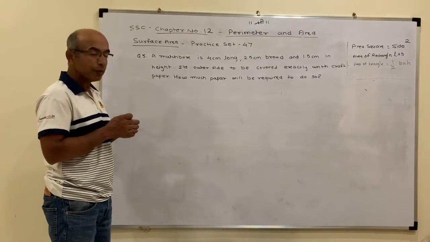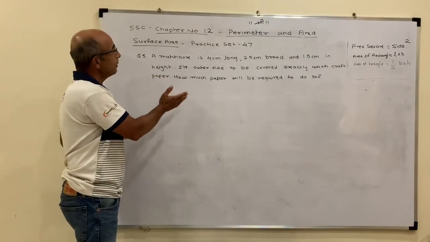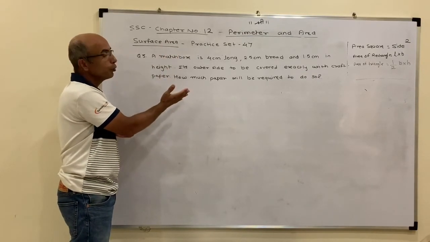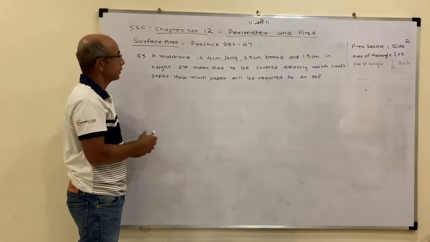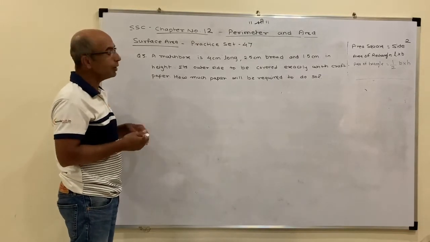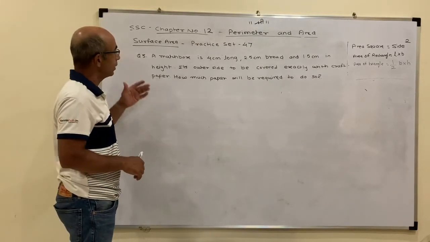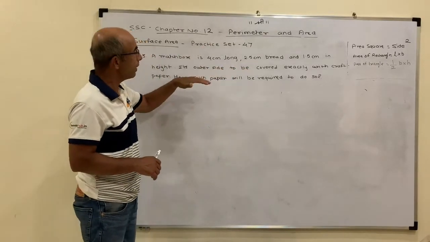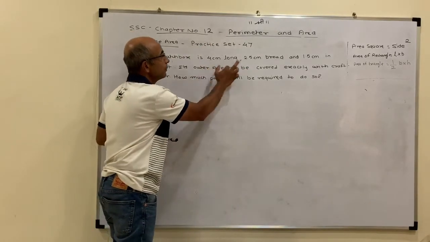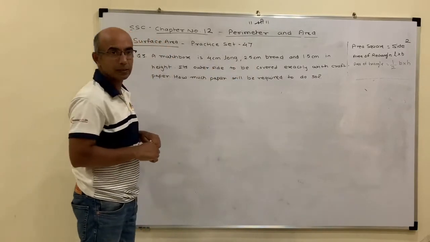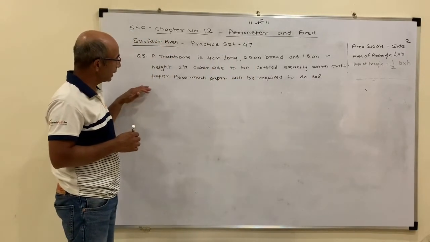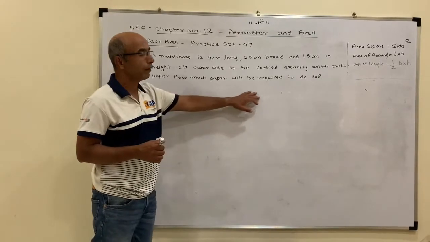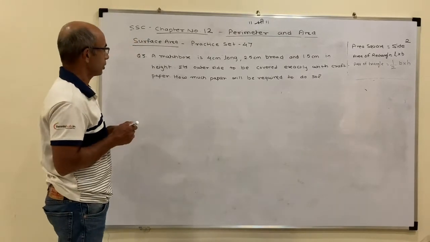Right now we are doing one after another problem of the same lesson, so it's not difficult for you to understand what is to be found out. But in the exam this won't happen, so you need to understand what is to be found out. We need to find the surface area of the matchbox, as the length, breadth, and height are given. That much area of paper will be required to cover the matchbox.